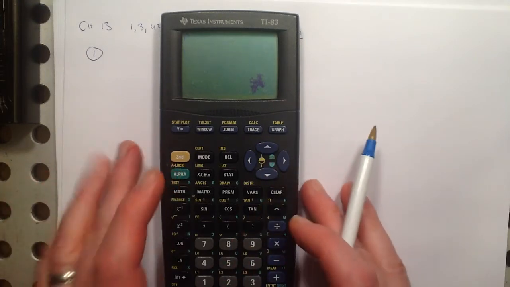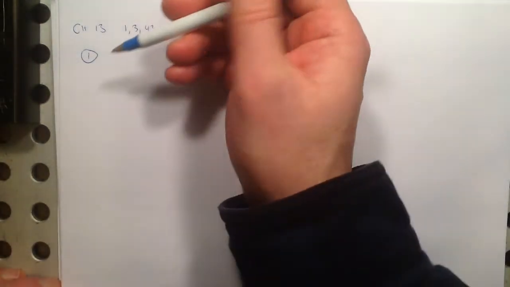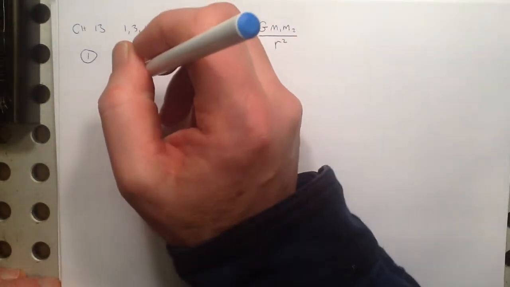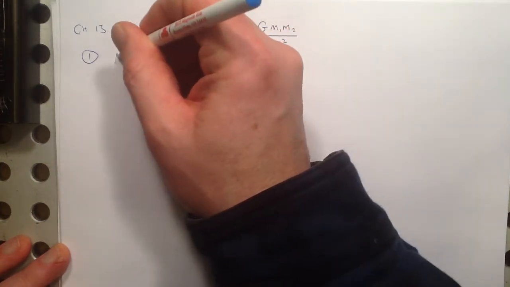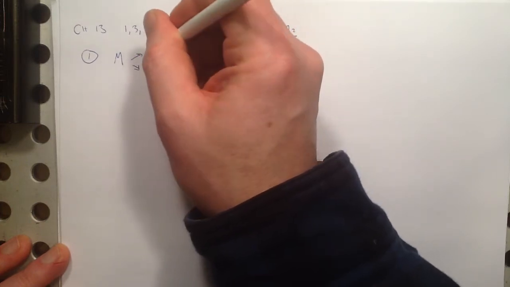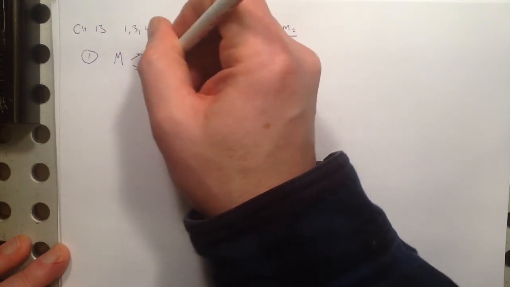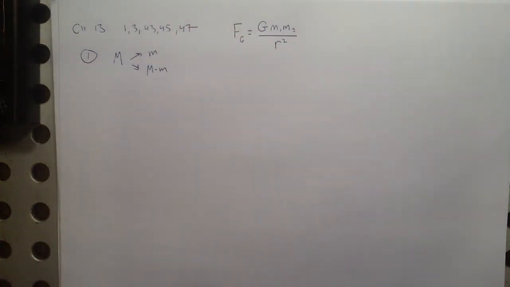Alrighty, let's get started. So the first couple of problems just use Newton's universal law of gravitation. Number one, a mass is split into two parts, m and big M minus m. So we have some big M, and we're going to split it into two parts that we're going to call small m, and then the rest of it would have to be whatever the big M minus that, so that they would add up. When you add these up, you get M. And they would like to know what ratio of small m over big M